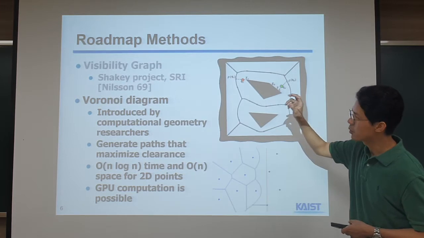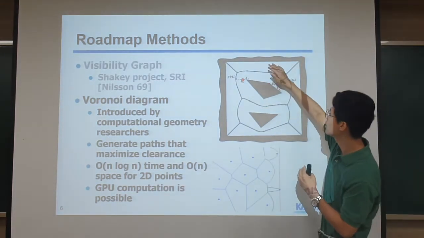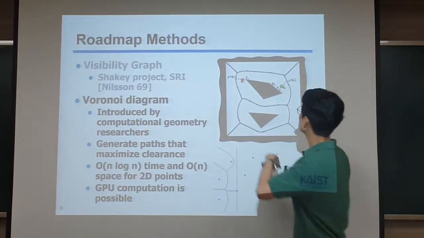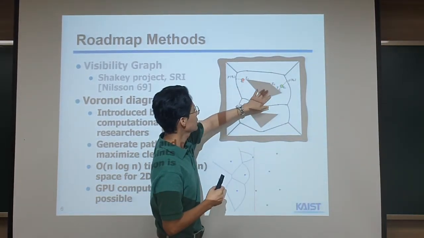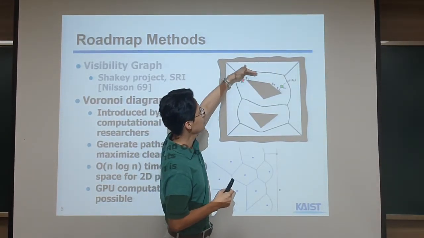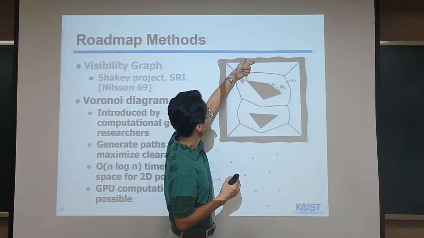The Voronoi diagram maintains equal distance from the boundary of obstacles. For example, here we have an obstacle, and there another obstacle, and we compute this middle point that maintains the same distance from that boundary to there,